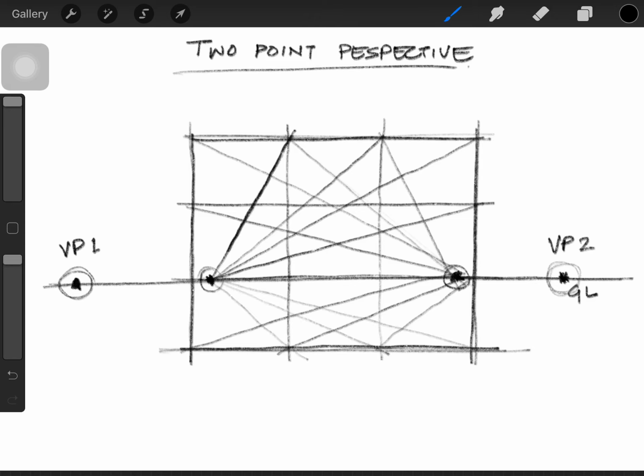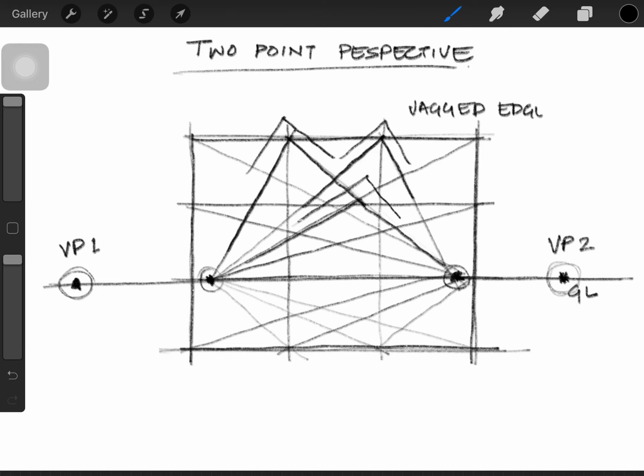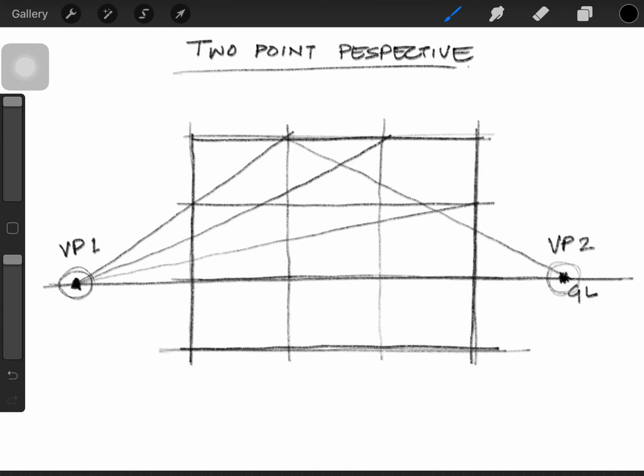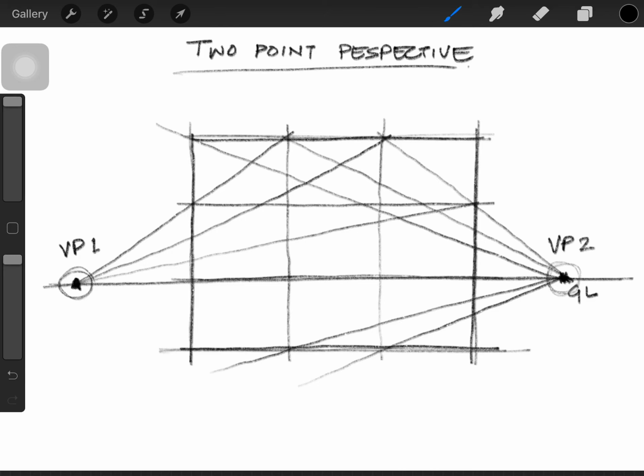Now in this one you'll notice that the angle at the junction of these inclined lines are quite acute, and they're gonna give us kind of a jagged edge, which could be like a little too dynamic for the view we are trying to get. So you would basically be pushing the aspect ratio of the sketch too much, which we kind of don't want to do right here. So instead I'm going to draw the inclined lines radially towards the outside vanishing point.